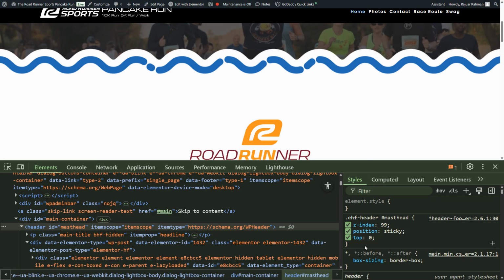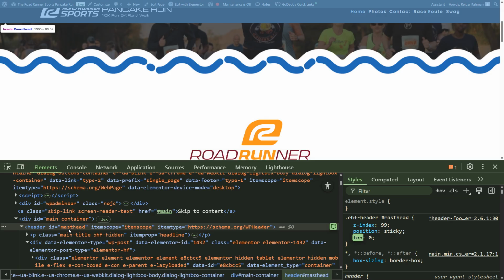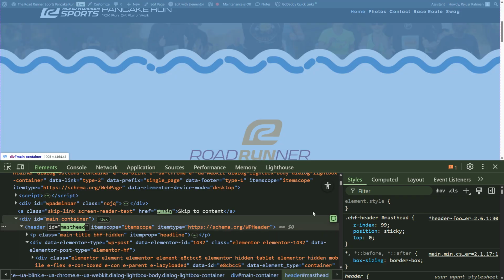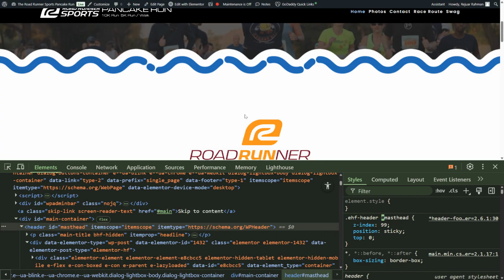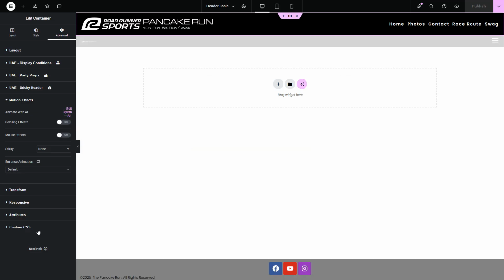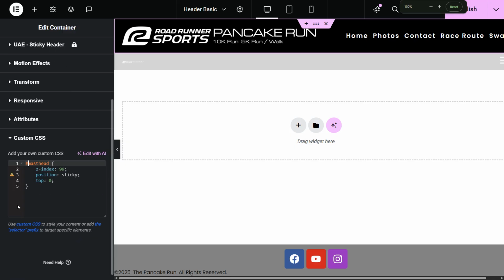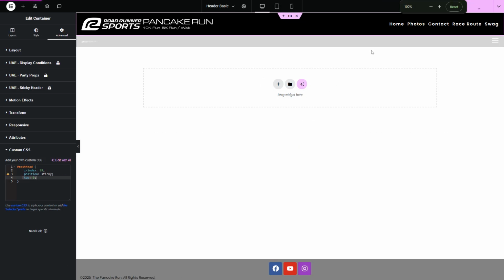To make it work, let's copy this whole thing, or you can just copy the ID and put a hash symbol on it. So let's remove everything and just do it with the ID. So hashtag, the ID, and position is sticky, top 0. So if I publish it now,